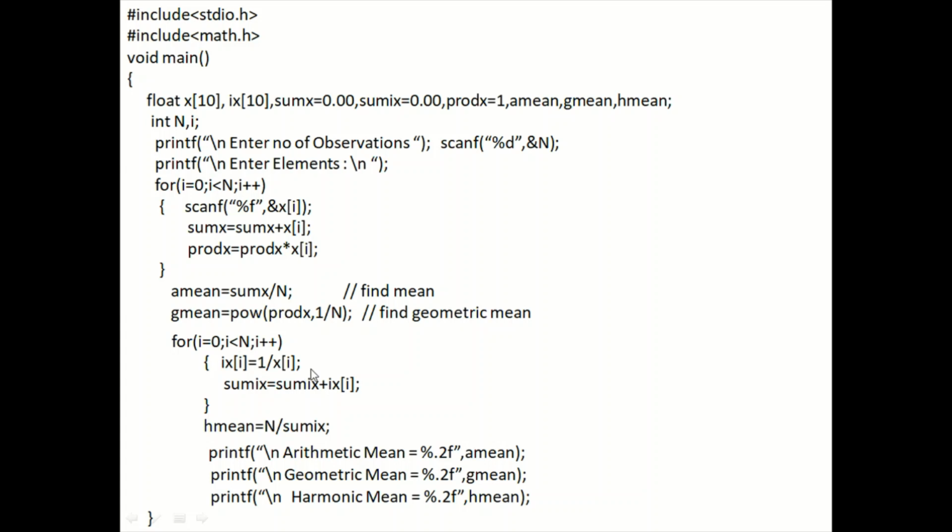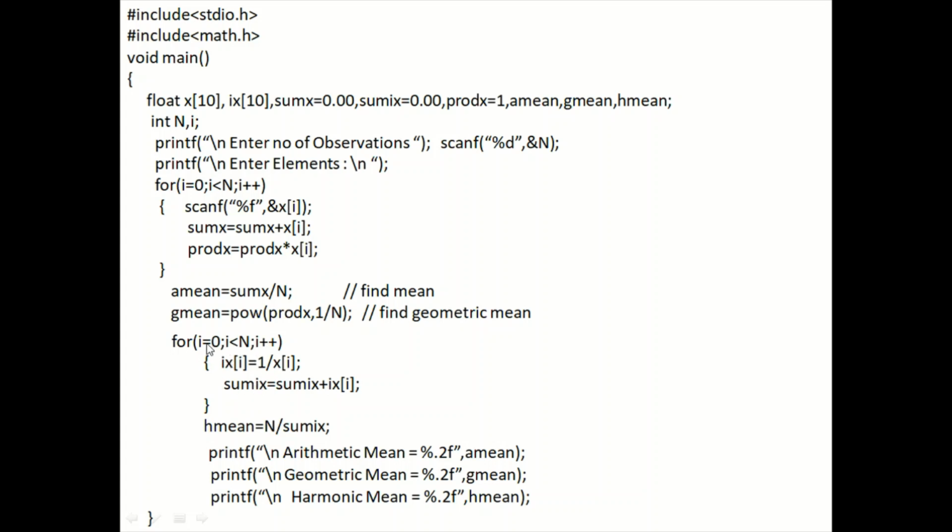Earlier what was it? 0.5. So in Ix of 1, what is stored? 0.25. Come here. sum Ix is equal to sum Ix plus Ix of i. That is the earlier value 0.5, to which 0.25 is added. Again goes back to the loop.